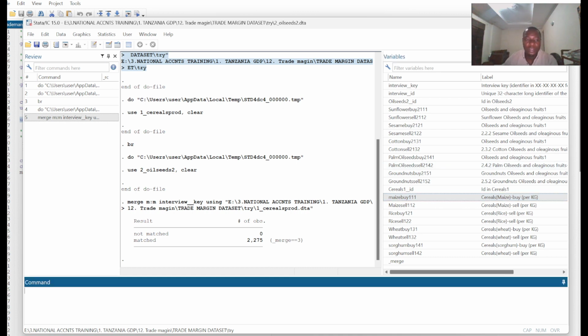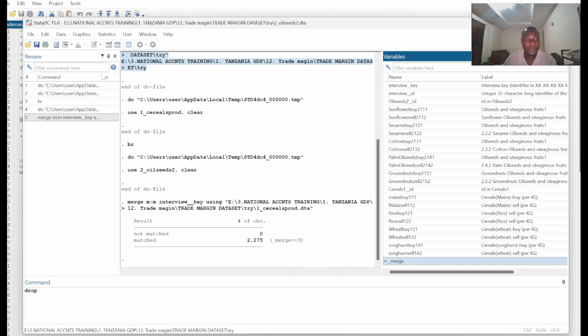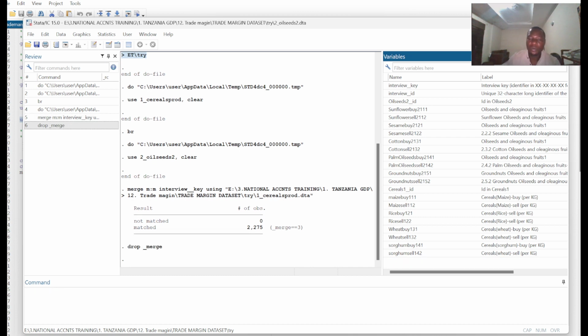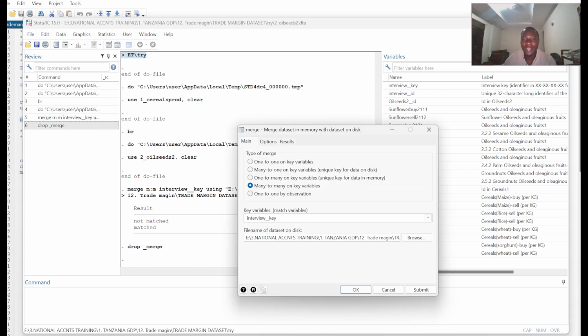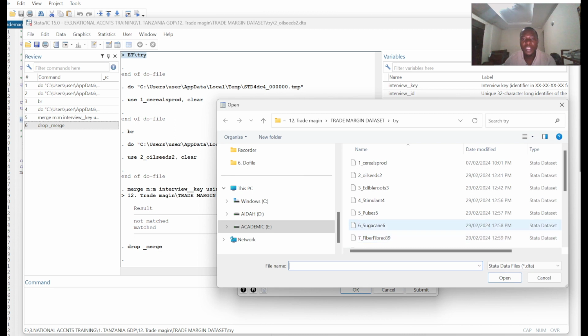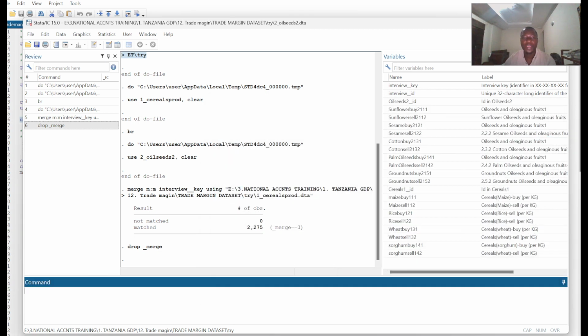First we need to drop this merge variable, because if you don't drop it, you will find that the variable already exists. So you need to do this one after another until you finish. Okay, the same many to many, the key variable the same, but you need to merge it with the third one. So we can click here